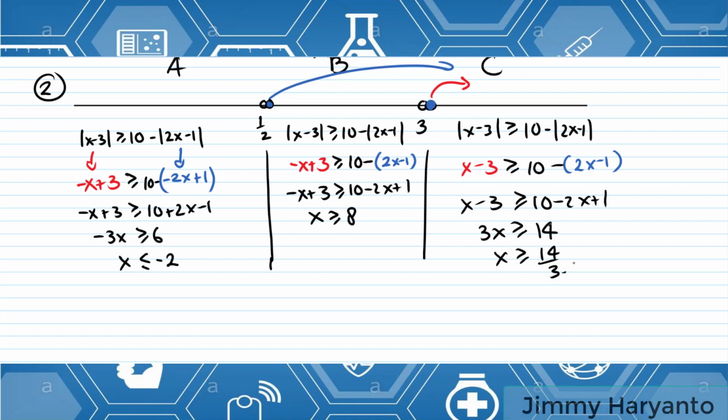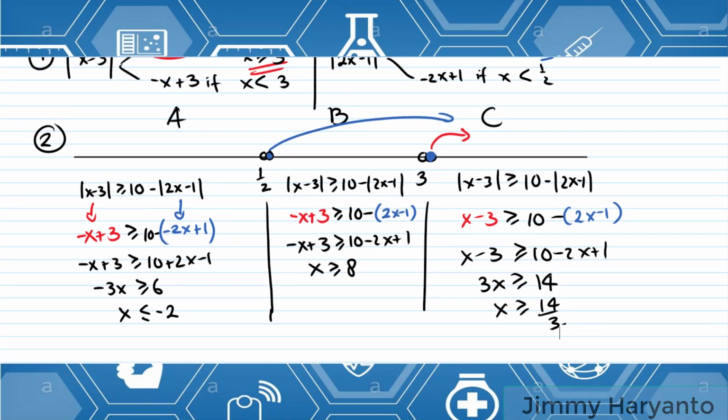Okay, and then we have to combine them all with each room. For the first one, x less than or equal to negative 2. Where is negative 2? Negative 2 is right here. There is an equal sign, so I have to color this one. And then the sign is less than. Less than means go to the left of negative 2. Okay, we are not moving to room B, so I can shade this all.